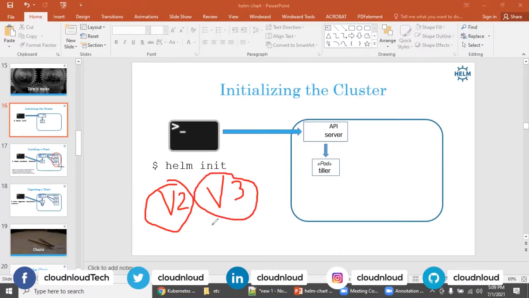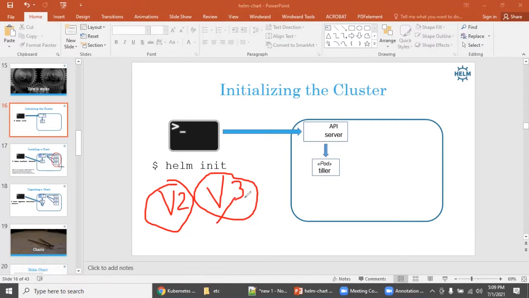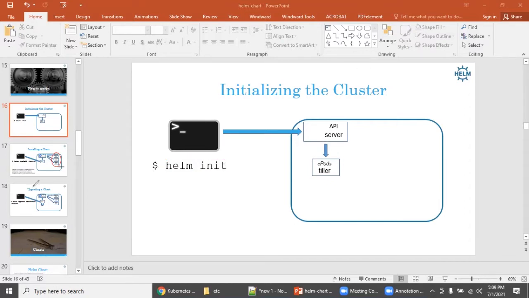If you stick with version 3, most of the time you will not see this command; if you start with version 2, of course you will. Whenever you are learning any tool, make sure the documentation in front of you matches the version. This is a major confusion for everyone.